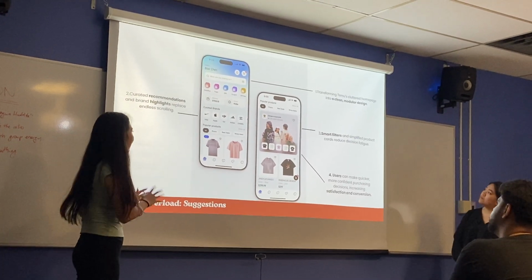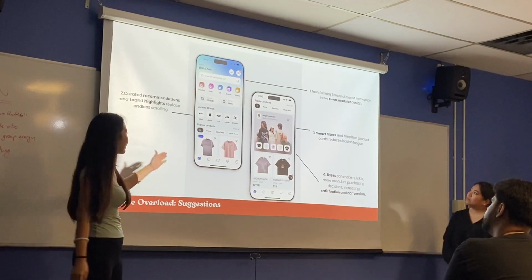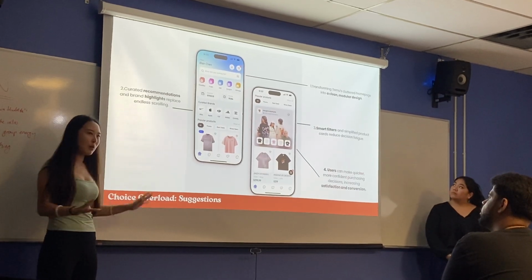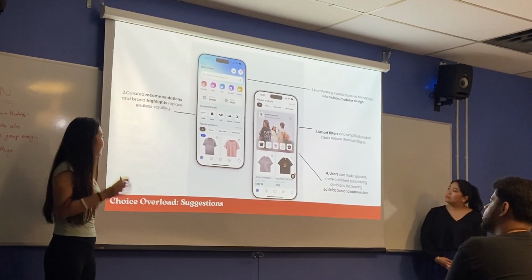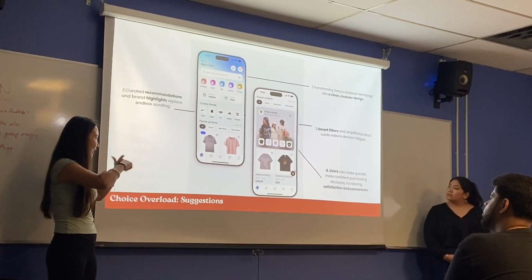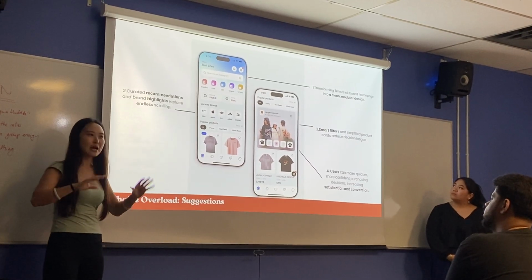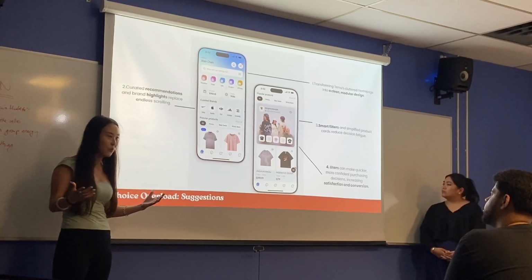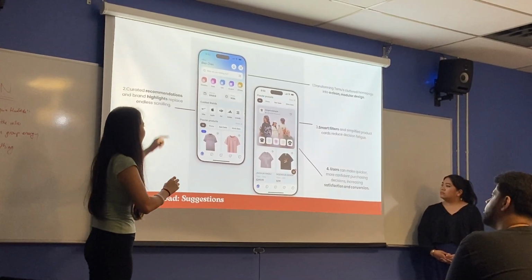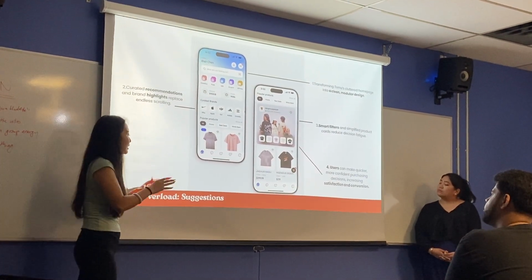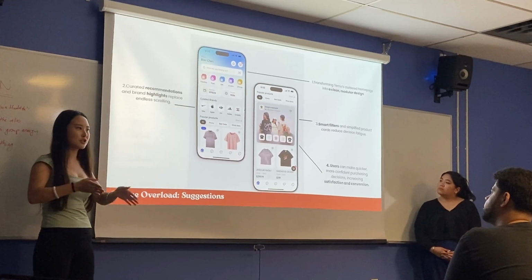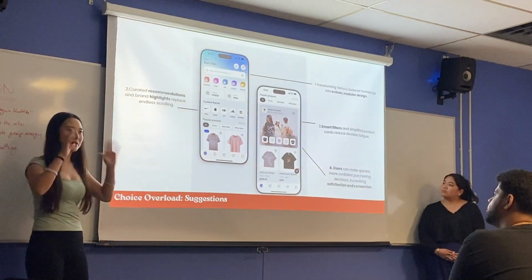And third, we make some smart filters and simplified product cards. No one wants to click tons of buttons but cannot find what they want. So we make some filters and simplified product cards to make it easier for users to make a choice without headache.